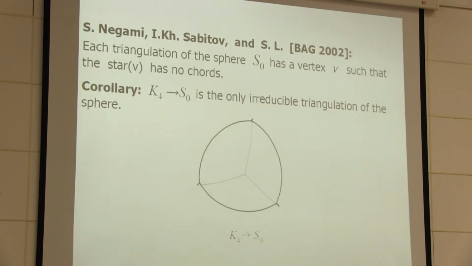This is an embedding of a complete graph of 4 vertices on the sphere. Here, actually, you can shrink any edge, because look, you can shrink any of the edges of the tetrahedron and no parallel edges would appear. But another ugly thing would happen.